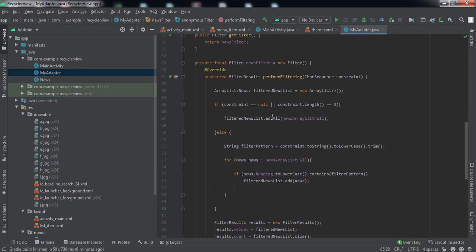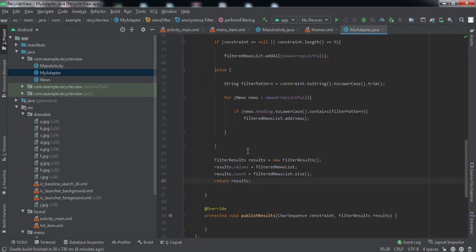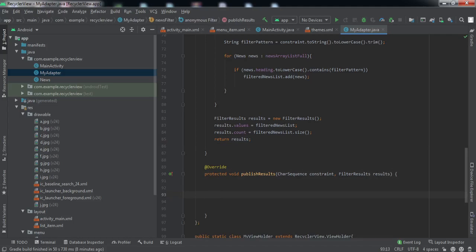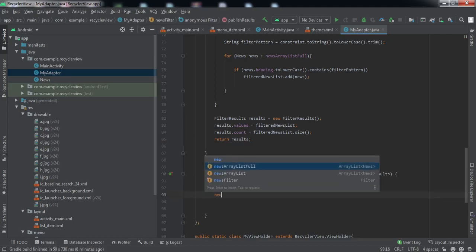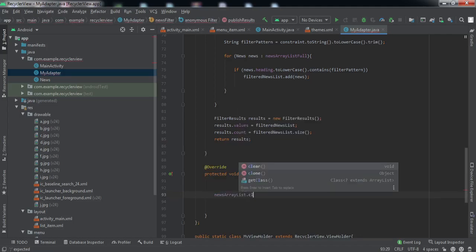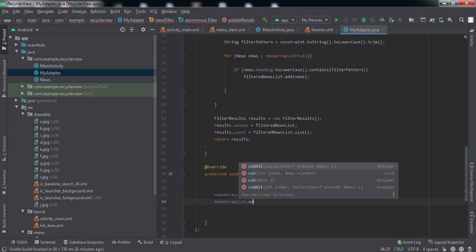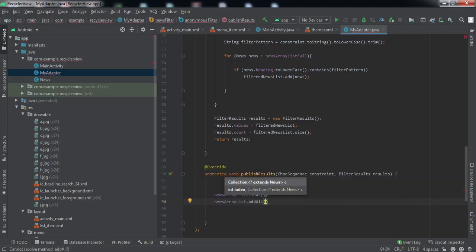Now inside this particular method, perform filtering will filter out the things, and here we'll publish the results inside this publish results. So news array list dot clear, the very first thing we are going to do is clear the list, then news array list dot add all, we will add all the items that are there inside these results.